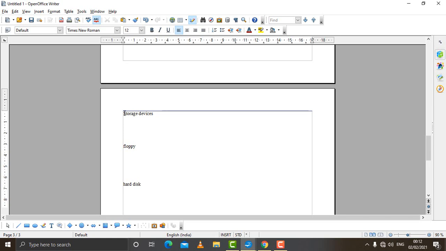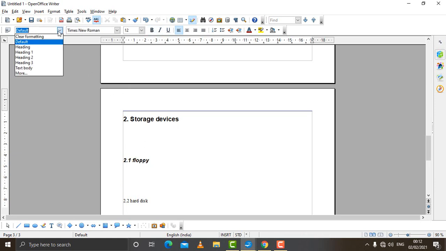Then again numbering: I'll give here 2, it will be 2.1, and this will be 2.2, and then I have to do the same thing, heading type. So this is Heading 1, this will be Heading 2, and this will be Heading 2.